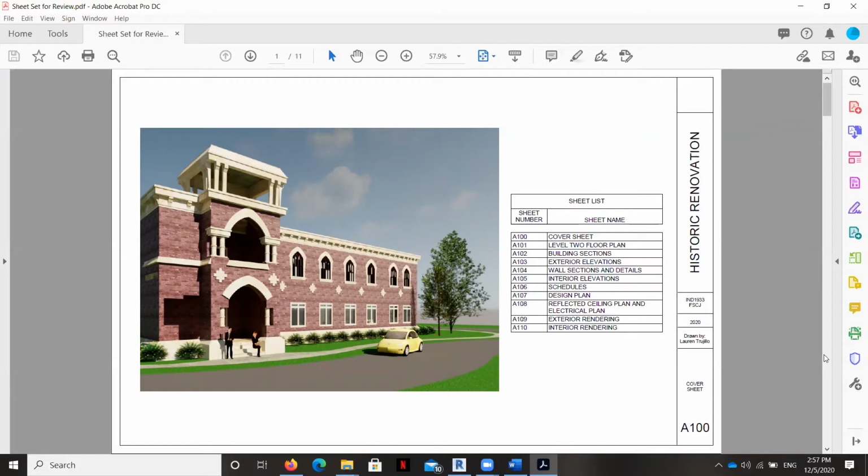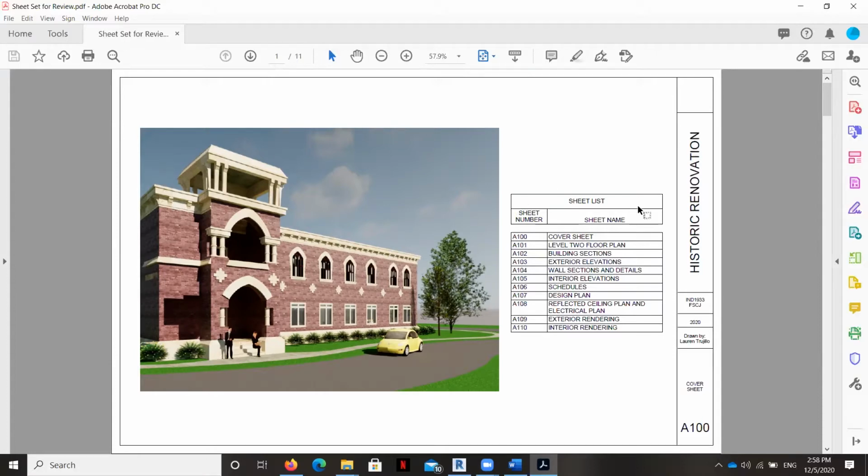I'm going to start with the first one, and you can see I have added in the cloud rendering of the exterior. And you can see that I've got a couple of little margin issues to fix. There's an inconsistency in the margins across these three, but the ones on the top and the bottom look good. You can also see that there's some kind of issue on this rendering right here on the edge piece. It could just be a filled region or a wall that's out of place. So before I submit this sheet set to my project manager, I would go ahead and make those changes.